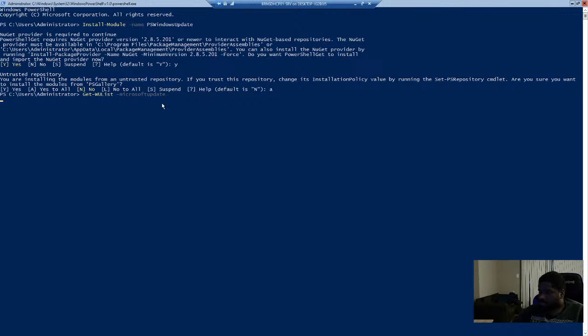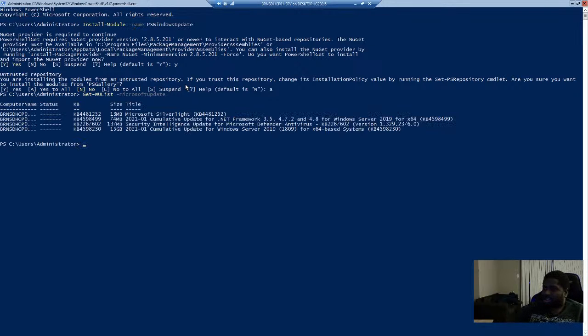Give it a few seconds. It may take a little bit of time to check to see what updates are out there, and there's another command I have to run just to get them installed. So we'll go ahead. In this case, I've got 4 updates listed here. So we'll go ahead and run this command, which is Install-WindowsUpdate,